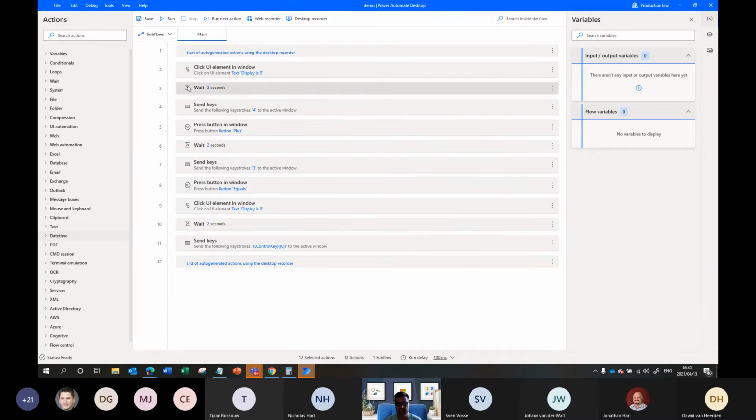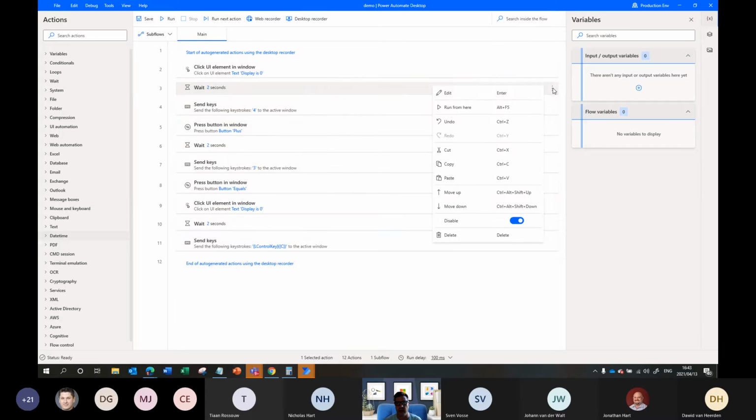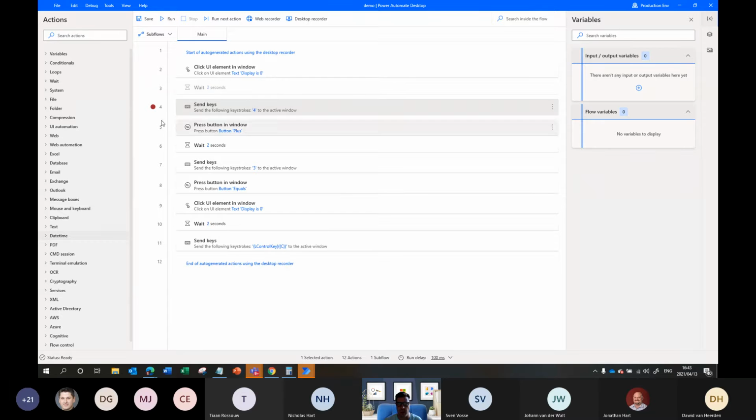You'll see, for example, the second step here is a wait of 2 seconds. Maybe I don't want to wait, so I can select these radio buttons here and disable this or delete it. Disable basically means it's temporarily gone; I can always re-enable it later on. The other thing that's cool is, if you think of it from a coding perspective, think of each of these numbers as a line in code, and you can even put breakpoints on them. You can put a breakpoint, hit run, and it'll run to that breakpoint, and then you can see what the variable values are at that point, stop it, etc.